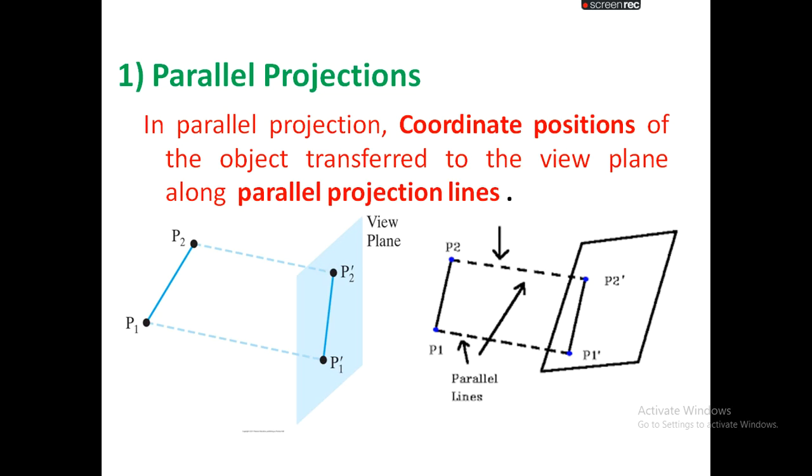Now I want to translate this three-dimensional object called line segment in the world coordinate system to the projection plane. Then I need projectors. So this dashed line is called projectors. And these projectors are used in a synthetic camera to translate that object description from the space to the projection plane or view plane. Same projectors we are using in case of a real camera also.